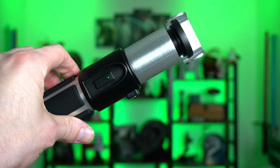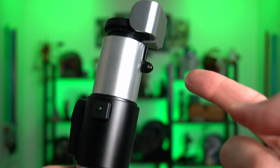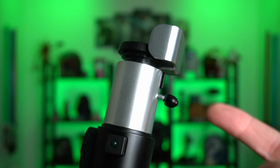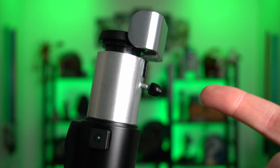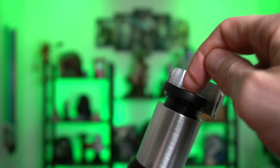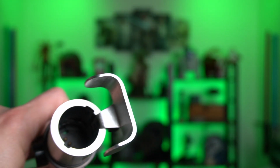And I'm going to show you guys the one thing that this saber has that all the other Force FX Elites don't have, and that is a little retention screw. How perfect that they used a detail of the saber to tighten the retention screw. It tightens the blade and the blade plug. So you push and twist, blade plug crystal comes out, and here you have the inside, heavy duty, big old